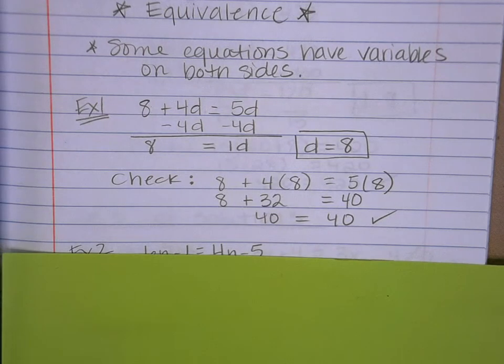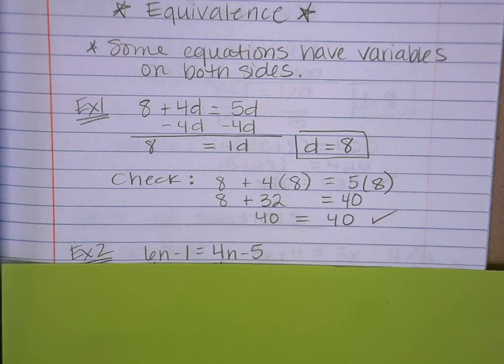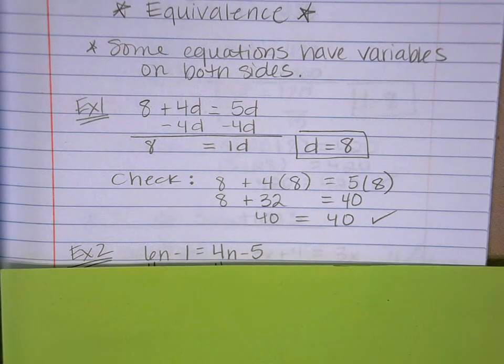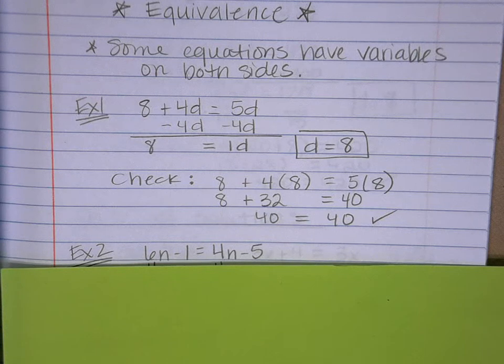Now, here's what happens when we have numbers and variables. See, the last one I just had an 8 on one side. Now I have variables on both sides and numbers on both sides. Now you'll have to make a choice. What do I do first? What should I do, Jenny? Subtract the smaller variable. Yeah, I think that would work. So if I subtract 4n,